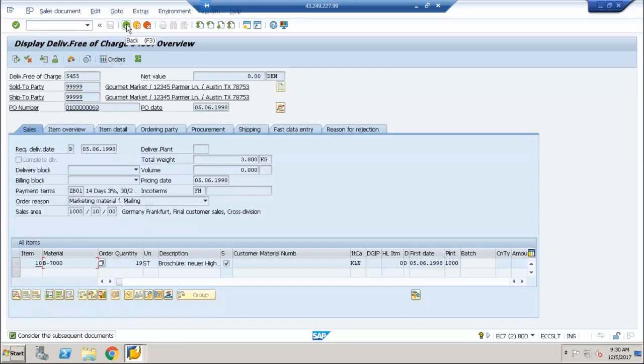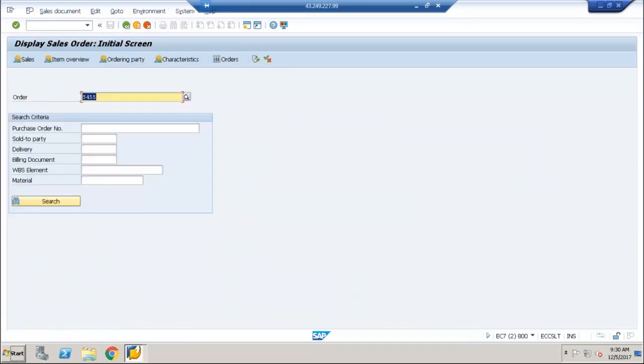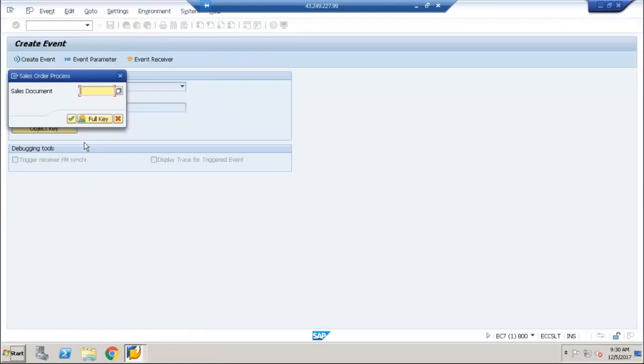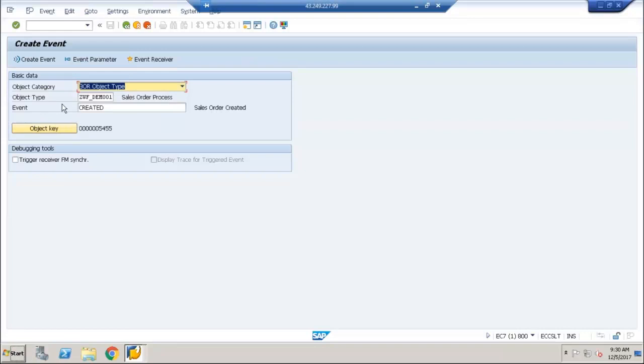So I am giving 5455 as order number here as a key field while raising the event. 5455. Okay. So I've given the key and I've given the event to be raised and the business object and create event.